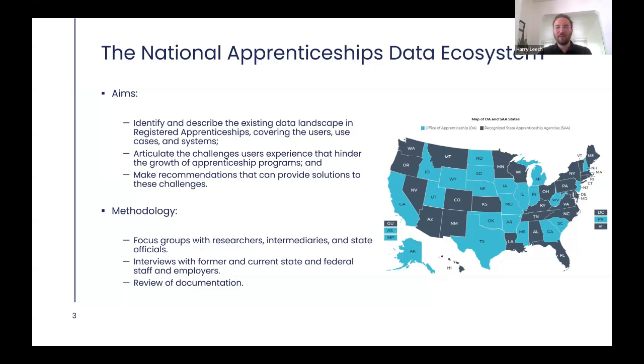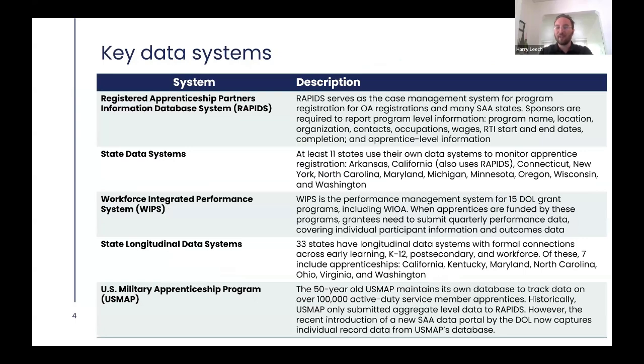So I'm going to give a really high level summary of what the report says. The report should be coming out in the next week or so. We'll share it around our email list and put it on our website. The first part of the report sets out what the key systems and users are. How have they changed over time? How do they interact? What are people using them for? The obvious main one there is RAPIDS.